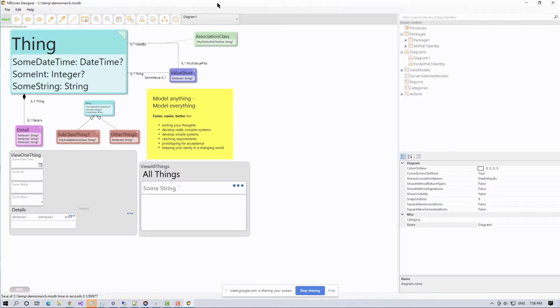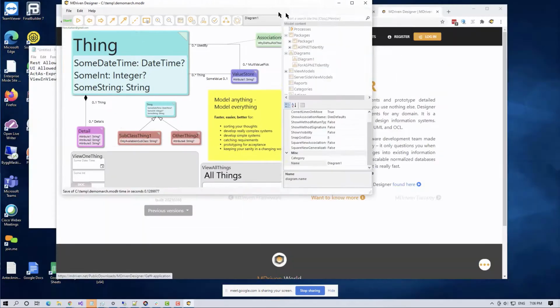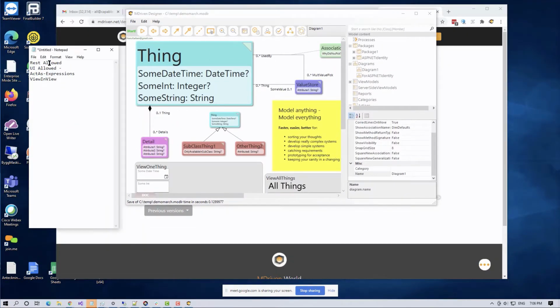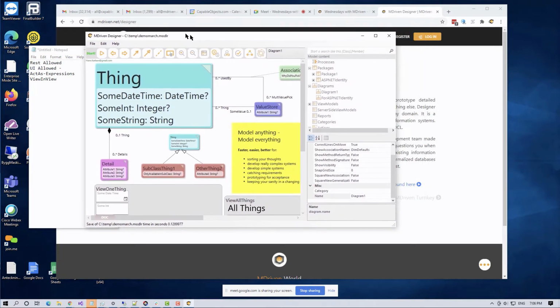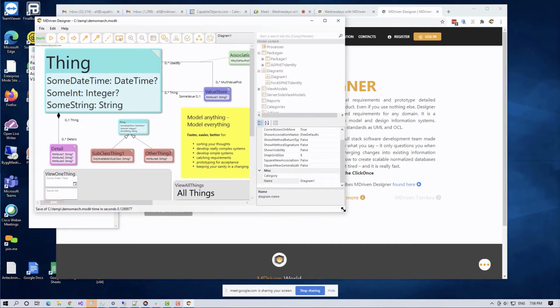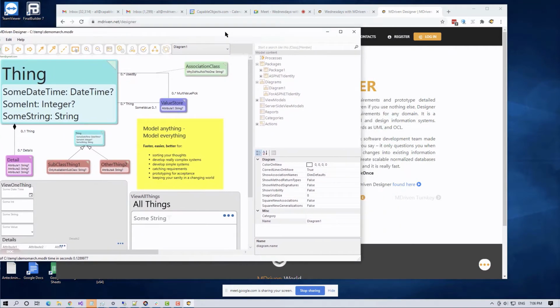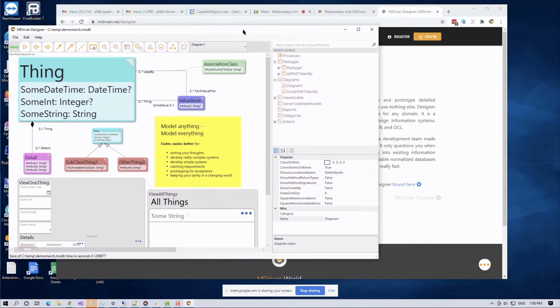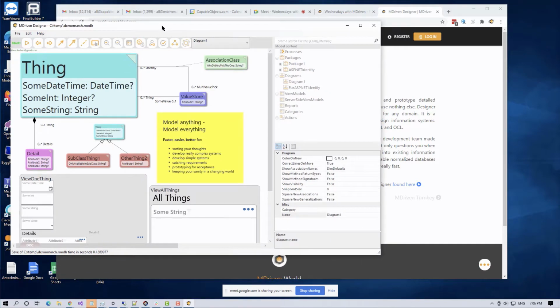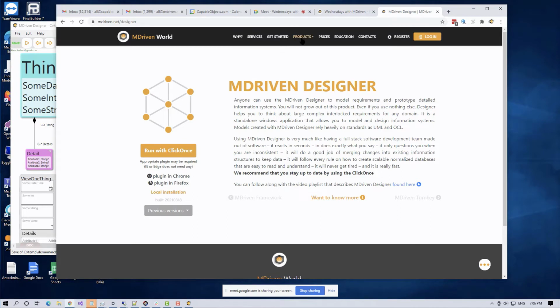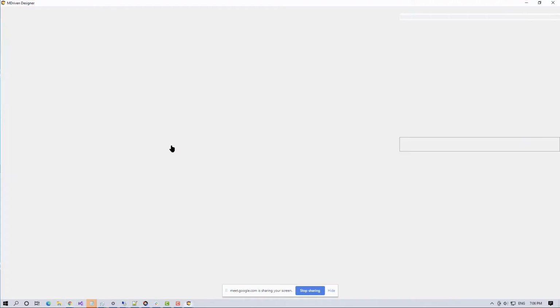The thing with the RestAllowed is that it involves REST services. So to test that could be quite tricky if we won't allow ourselves to run two systems. So we will do that. We will simply start another MDriven designer,